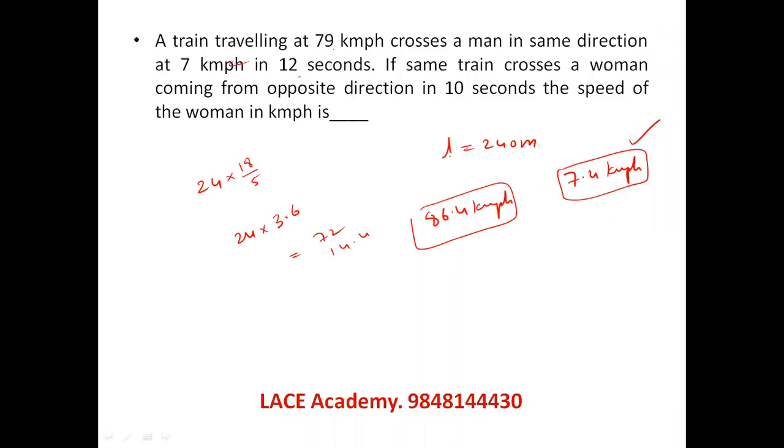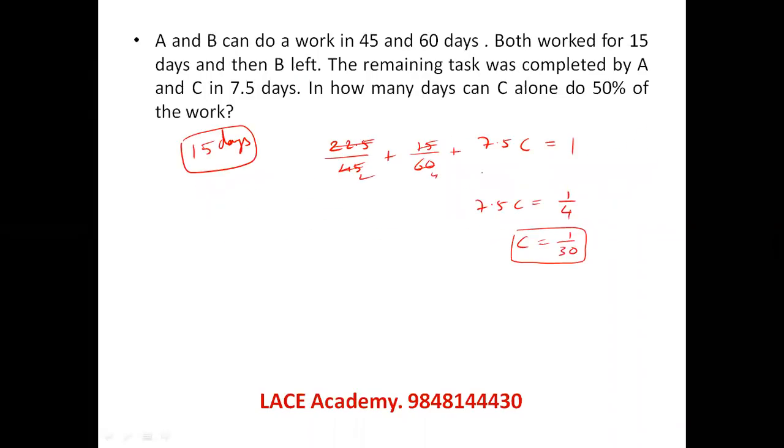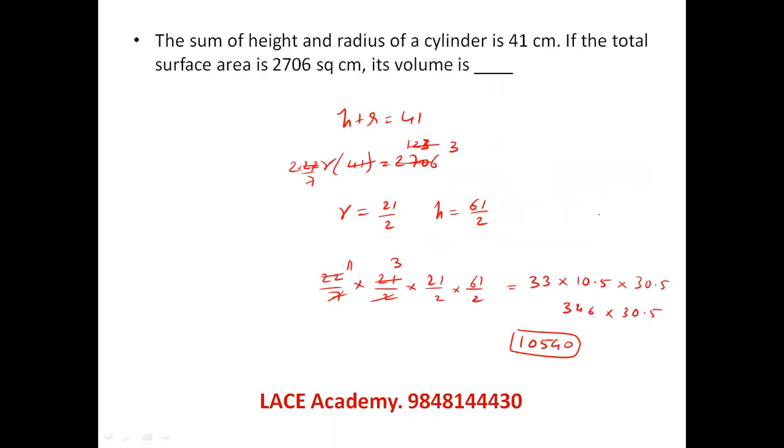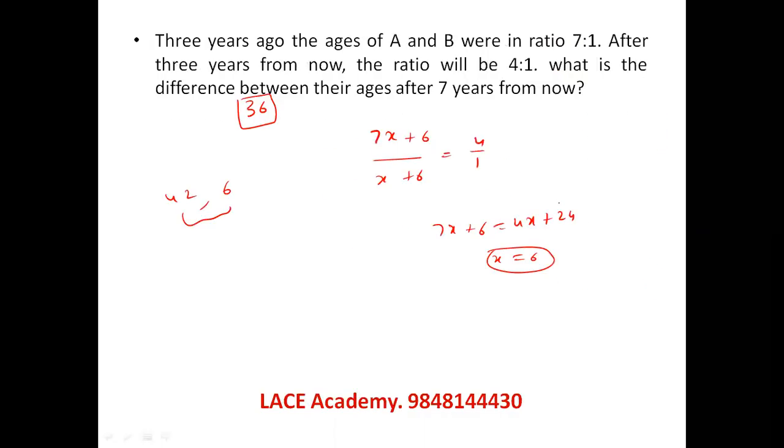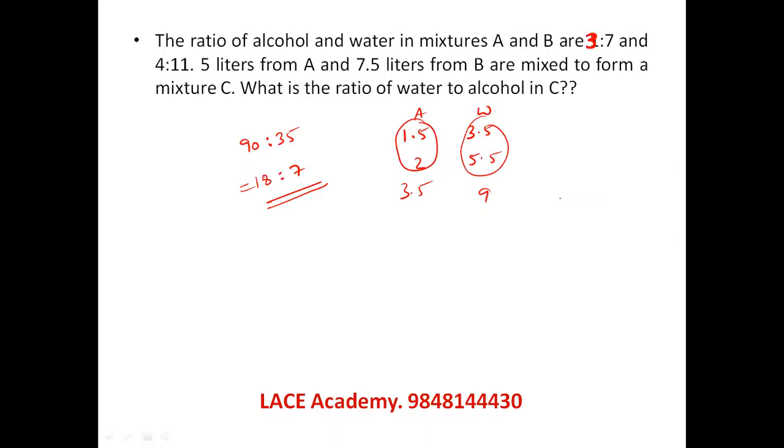And this is also a question where directly 240 and 24 into 3.6. This is the only place where you need to multiply. Right. Next. This is also a pretty straightforward question. And this is a question where you need to calculate this and see the most approximate value. And this is a straightforward question again. Sorry for this typo mistake. And this also is a straightforward question. And this one is also straightforward.